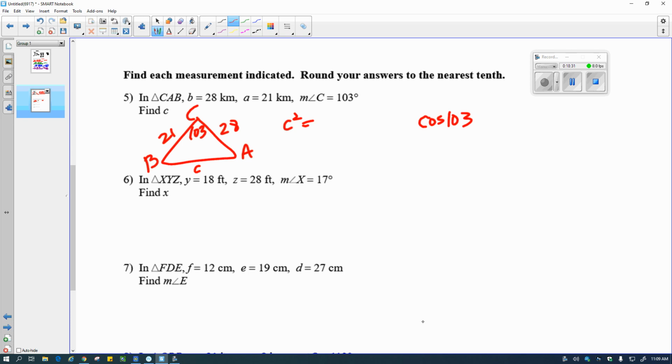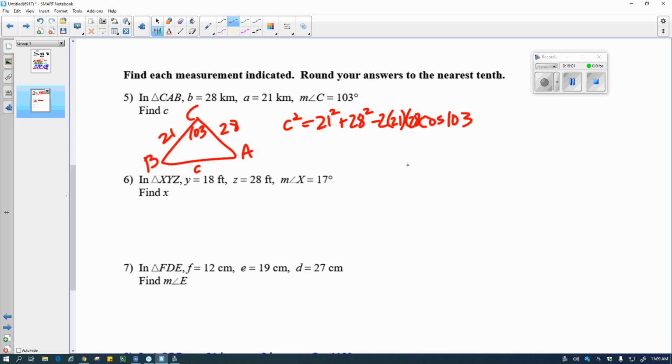And for some of us, this is kind of obvious when it's set up in a certain way, but other times, like when I have three sides given, it might not be as obvious what goes where. So we have to put a little bit more thought into it. So C squared, and then the other sides, again, the order doesn't really matter. I just have to do the one side squared plus the other side squared minus 2 times